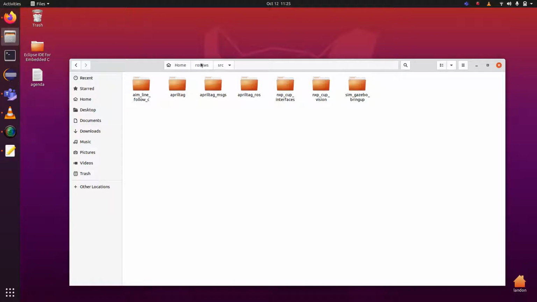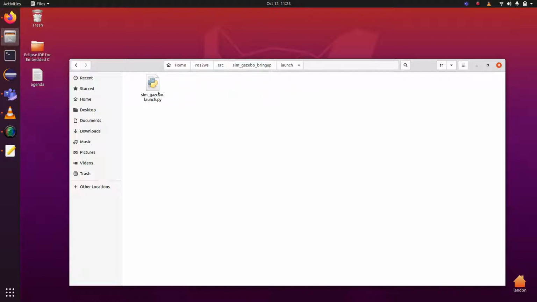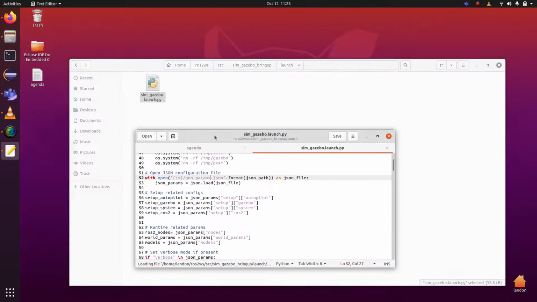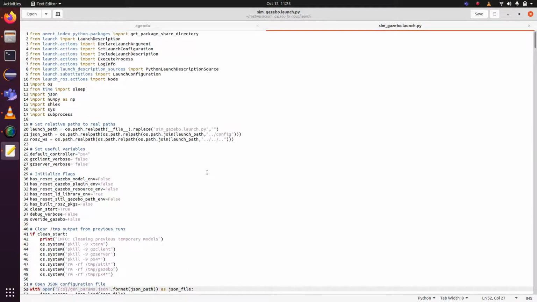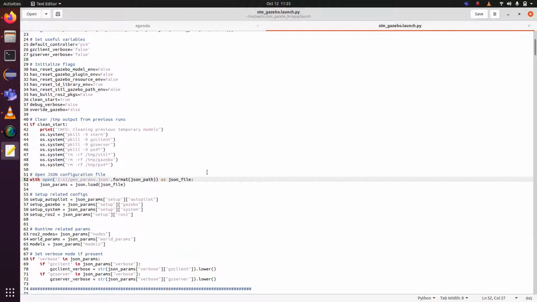If you go to your ROS2 workspace folder and go to source and then go to sim gazebo bring up, you'll see that there's a launch folder in here. So you want to select the launch folder and then open sim gazebo launch.py. Within this file is everything that sets up the simulation. It reads your JSON files, it spawns the car and the track, and basically does everything to launch